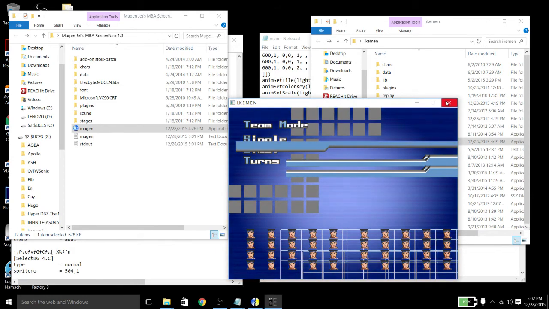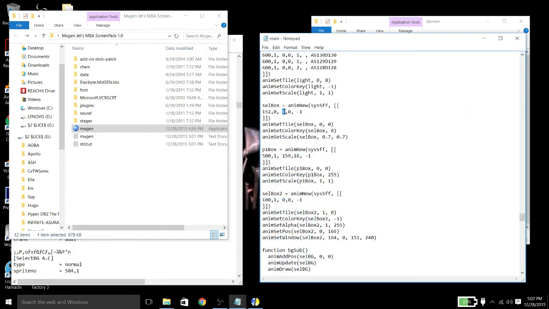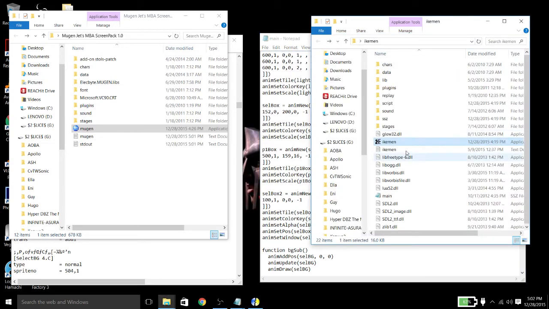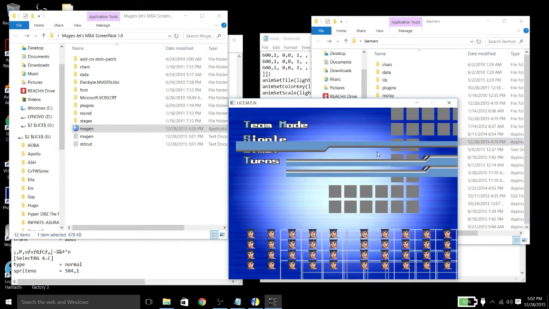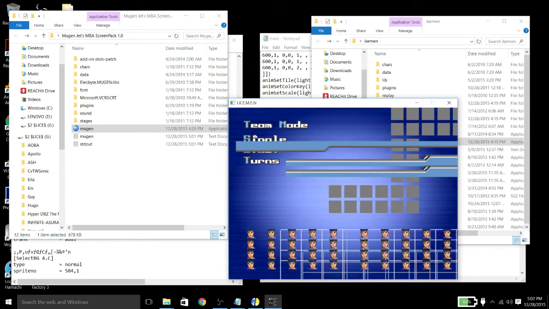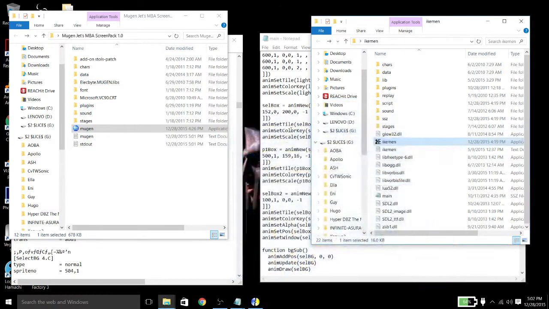But that's all you do, really. Once you mess around with the positions, you have the X, Y. Well, let's just make it random. Let's call it 200 on the x axis. So it should go to the left. No, the right, I'm sorry. Wow, I'm dumb. It goes all the way to the right. But that's all you do. You just do it, you know,